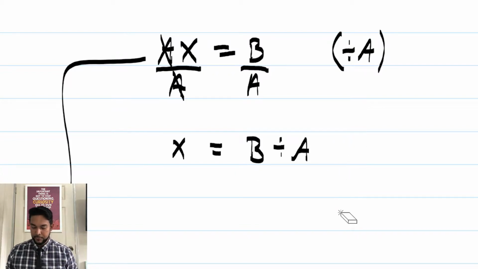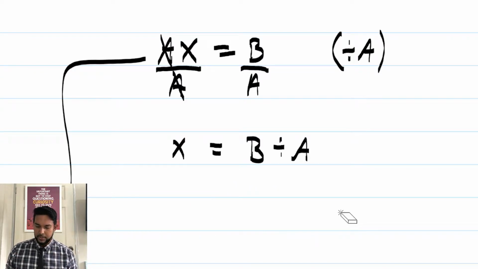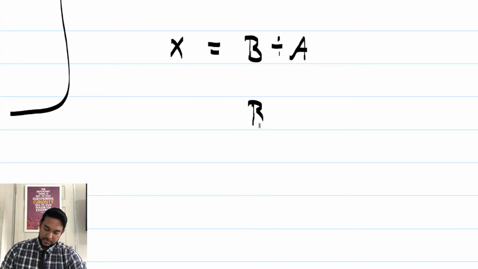But the problem here is that when we do have to come back to matrix mode, I guess you could say, we have no division operation with matrices, at least none that I know of for this level, the CSEC level. So how do we fix that? How do we work around that? Well, actually, it's not that bad. It's not that hard to see why